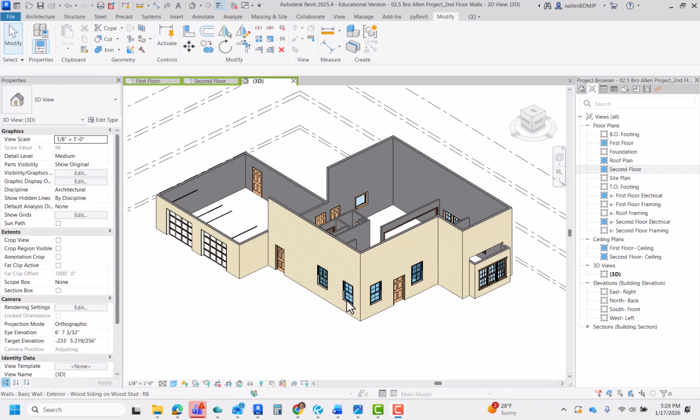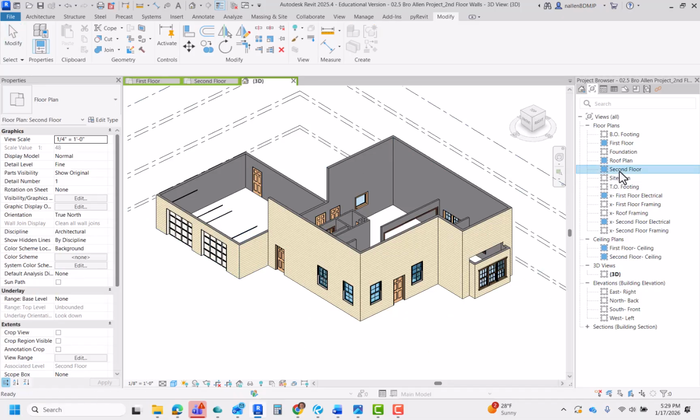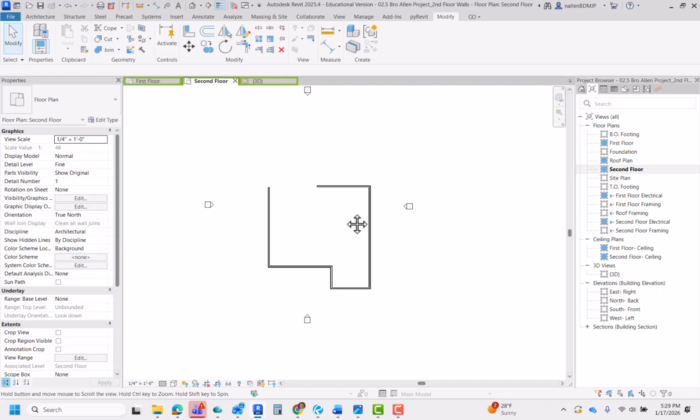Now, soon after you get done putting in your windows and your walls and your doors on the main level, you're going to want to get started on the second level. There's something that you need to know about how to control your views before we jump into that. So the first thing I want you to do is just open up the second floor,